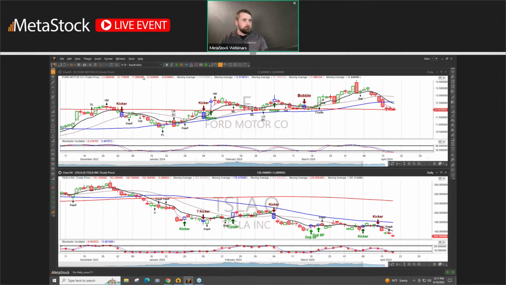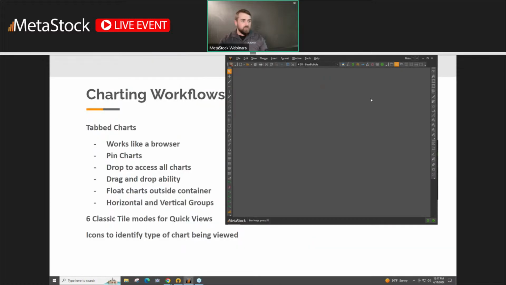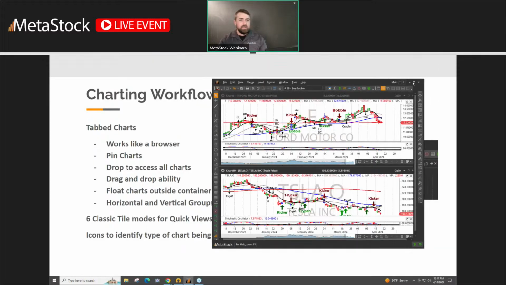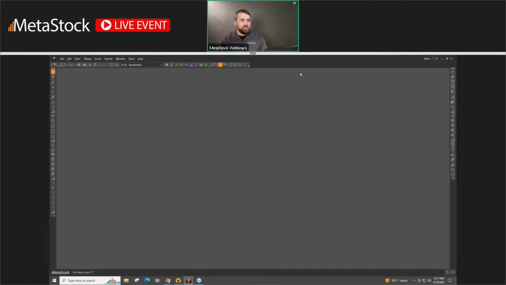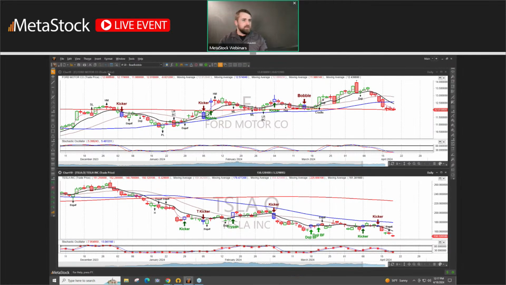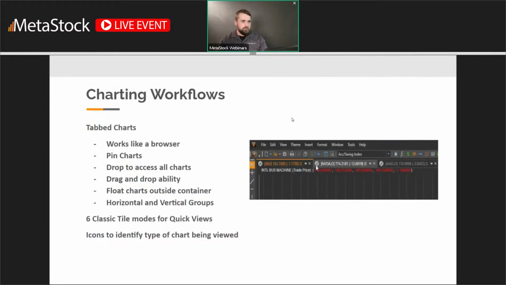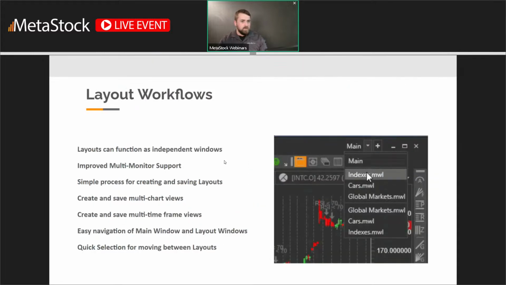So whether it's a smart chart, like you can see right here, or just a standard chart, or if it's within a layout or things of that nature, it'll show all of that there. You can also pin and tile your charts and things of that nature as well. So let me come back into here.